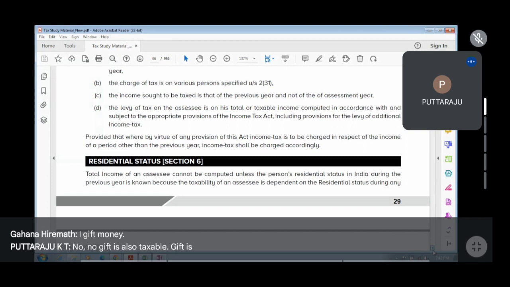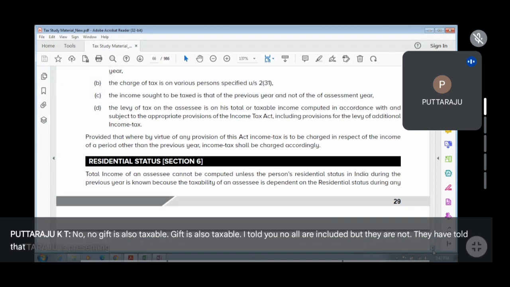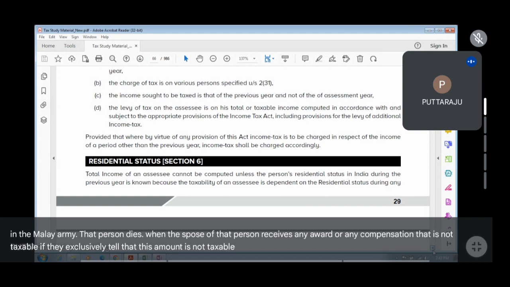Gift is also taxable. I told you all are included, but they have not. They have told that in a capital receipt only the capital gain is taxable, but there are many things. Example, military: if the person who is working in the army dies, when the spouse of that person receives any award or any compensation, that is not taxable if they exclusively tell that this amount is not taxable as compensation for the